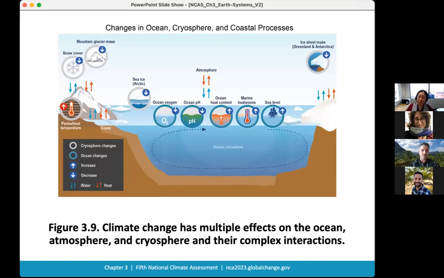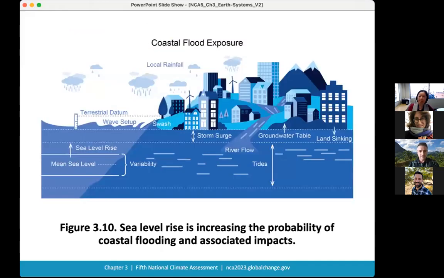In particular, given what I'll talk about in the next slide, I just wanted to highlight the things that are affecting sea level rise. That's things like meltwater from glaciers and from ice sheets, and then also the effect from the ocean volume increasing overall as it warms. Those things affect the overall amount of sea level rise. And if you go to the next slide, that then affects coastal flood exposure.